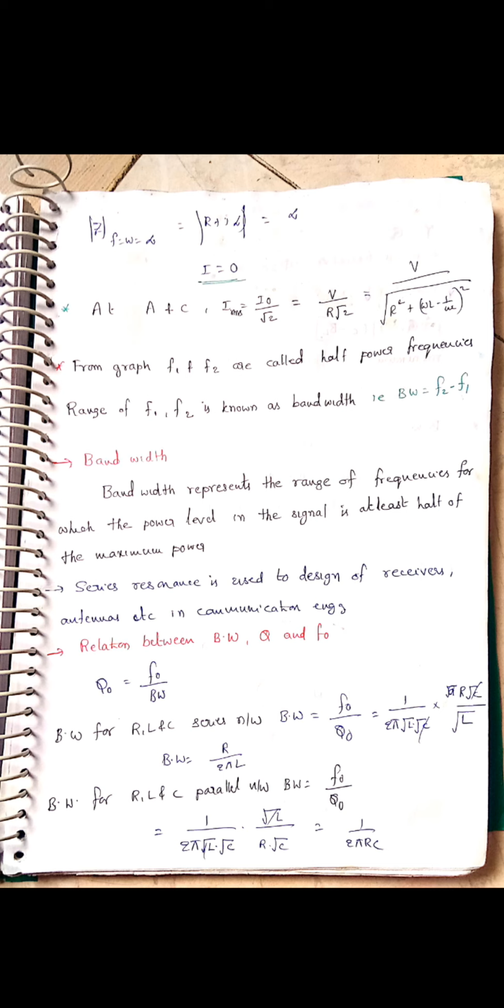Now, the relation between bandwidth, quality factor and frequency: quality factor is equal to resonant frequency by bandwidth. If bandwidth is more, you can say signal quality will be less. To understand this, suppose I have one transmitter. If I keep a certain level, signal levels are good and the network is good. If the distance between transmitter and receiver increases, what happens? Signal strength decreases, which means the network becomes poor. That's why if bandwidth is more, the quality of the network is poor. If bandwidth is less, the quality of the network is good.